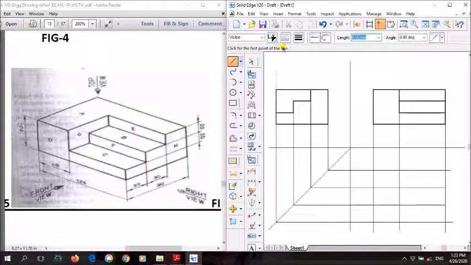Right? So now, using thick line, you start drawing from here. Upwards, how much is it? 90 mm. From here to here, how much is it? 90 mm. So upwards it should be 90. Next, I am at this point. Now from here to here, how much is it? What is the length of this object? 125. So 125 to the right.